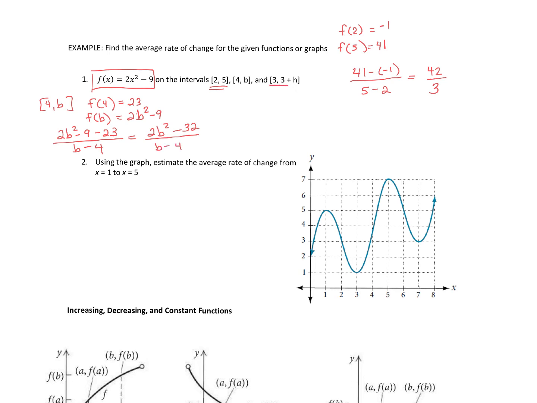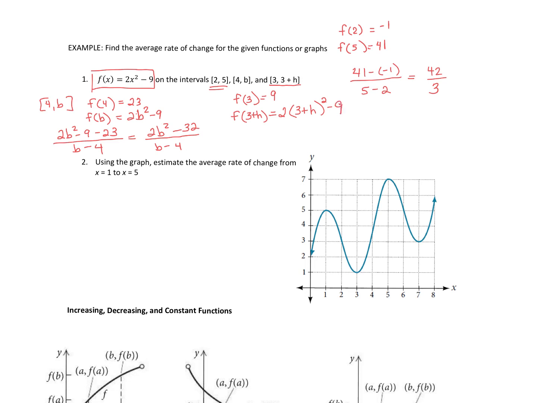And then this last one, 3 and 3 plus h. I need to know the function value at 3 and the function value at 3 plus h. So the function value at 3 is 18 minus 9, which is 9. And the function value at 3 plus h, I will plug the 3 plus h into the function,